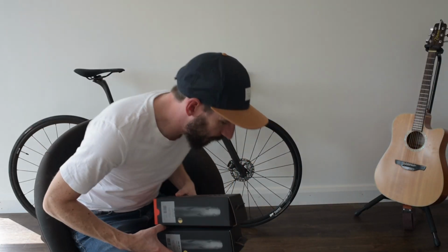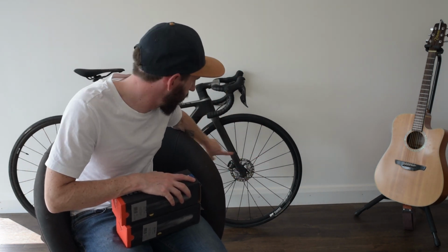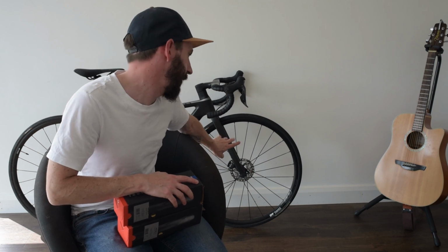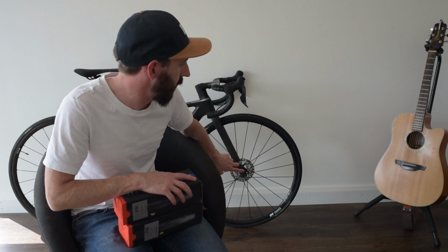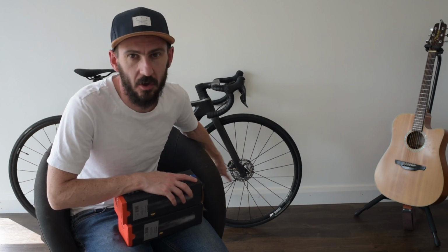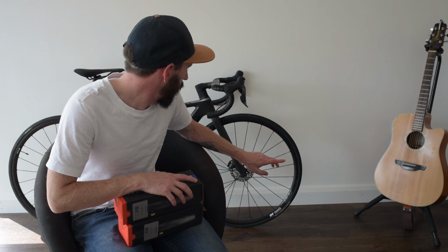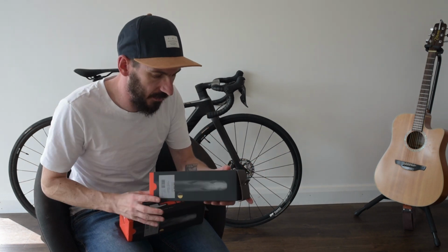So my Canyon here, when I got it, came with tubeless ready wheels. They're DT Swiss P1800 Spline wheels. They're tubeless ready. Currently I have Continental GP5000 clinchers on. So what I'm going to do now is I've got these